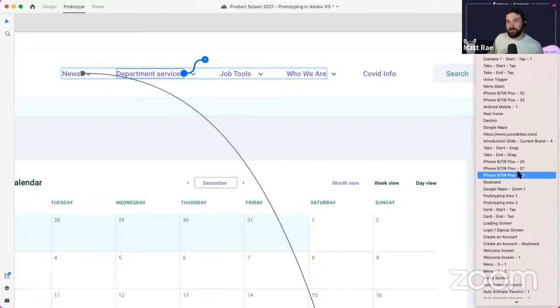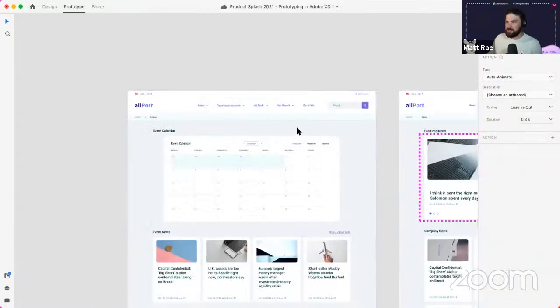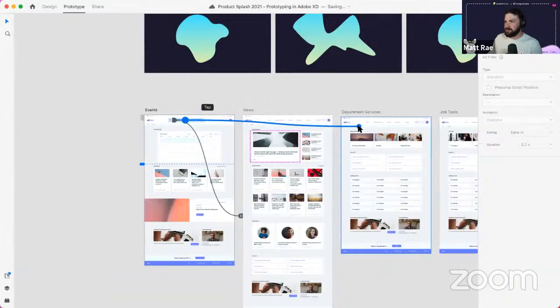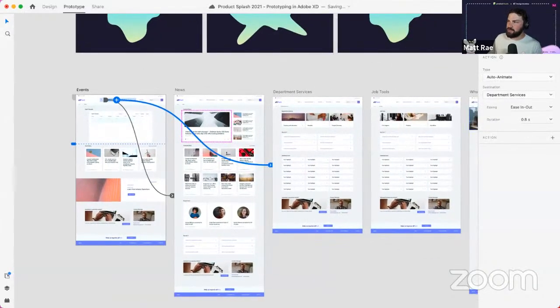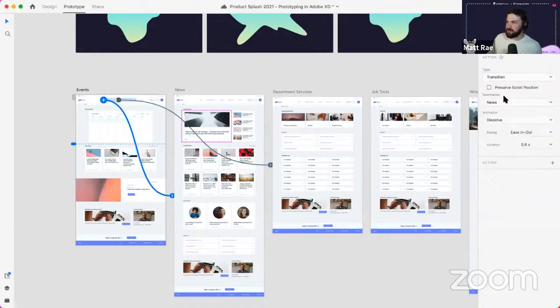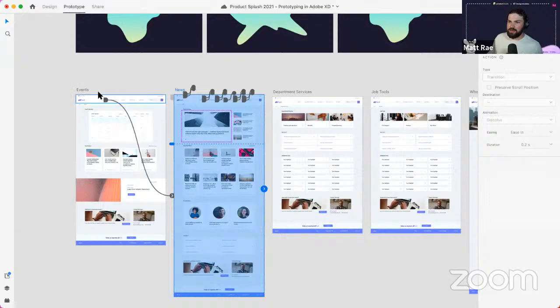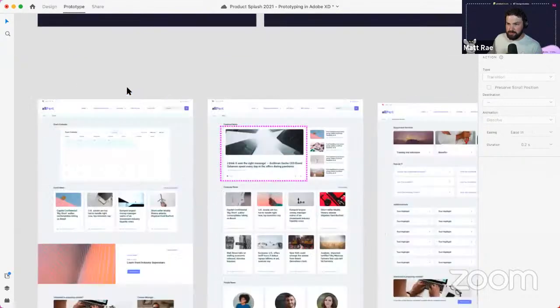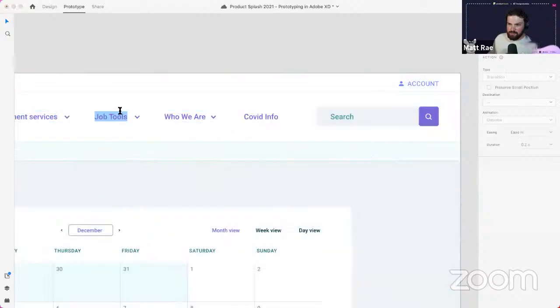You can see I don't name my artboards well. So I like to just zoom out, drag over. And what's going to happen is on the right, it's going to remember those settings I was using above. So I actually want to start with transitions here. And I'm just going to use a dissolve. So now that I've set that up, any of my other links here, if I can tap in here,